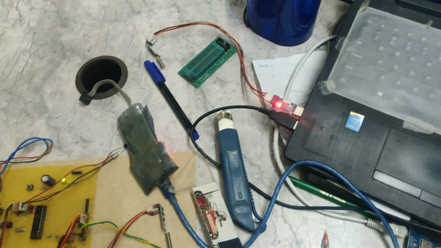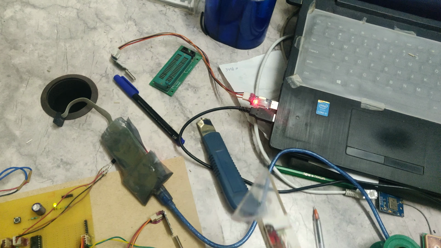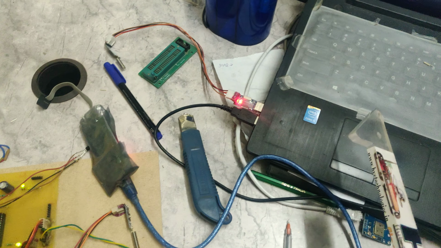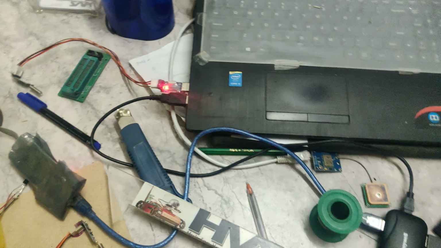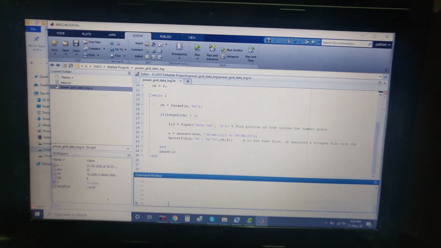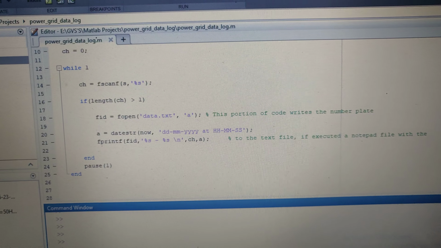How to interface this USB TTL converter to the laptop? I already posted a video. You can check the video on how to connect this and how to check the COM number. After getting the COM number, in the given code, just